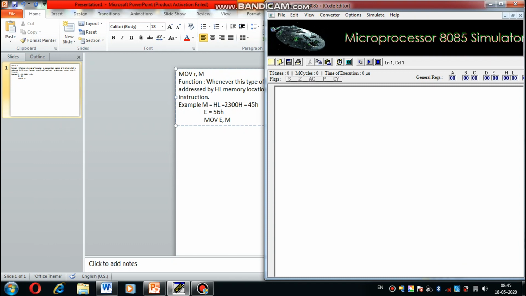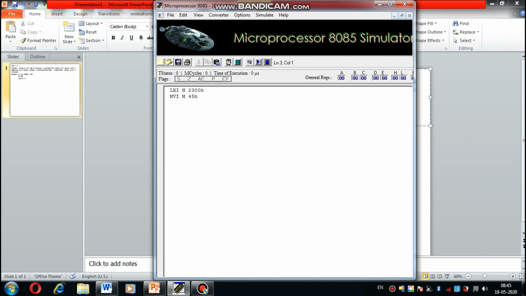Firstly, we initialize HL with the LXI instruction. HL is initialized with memory location 2300H. Then in that memory location data is given. That means 2300H is initialized, and in that memory location 45H data is initialized.